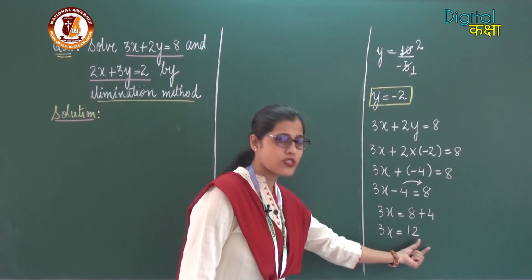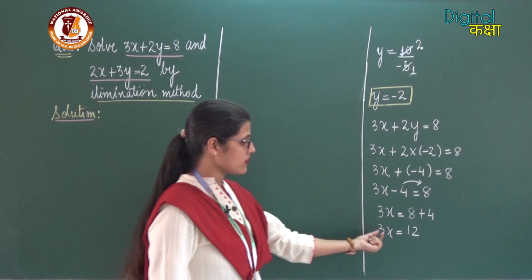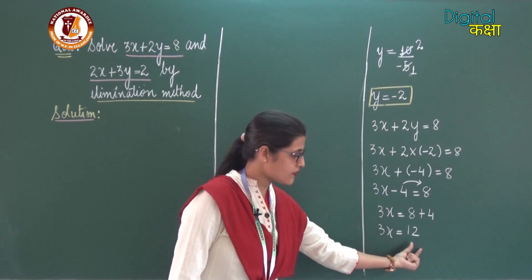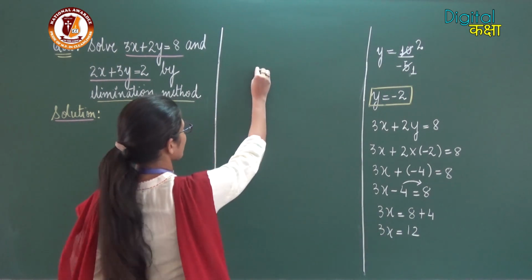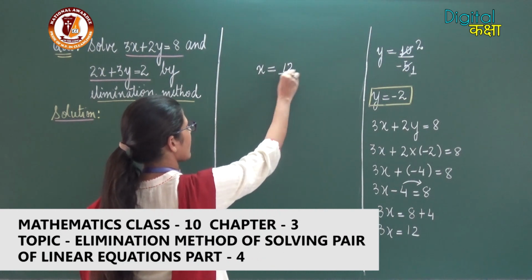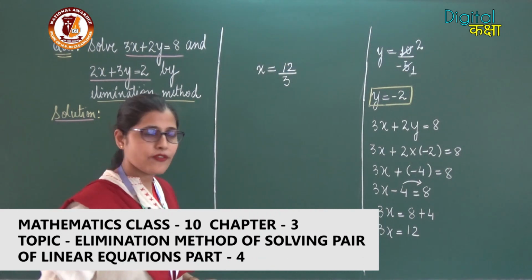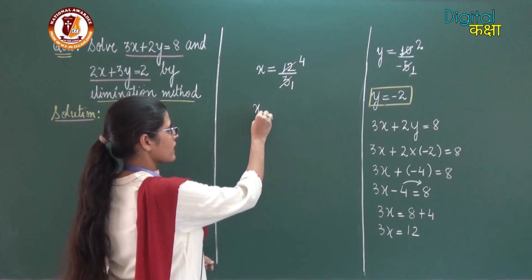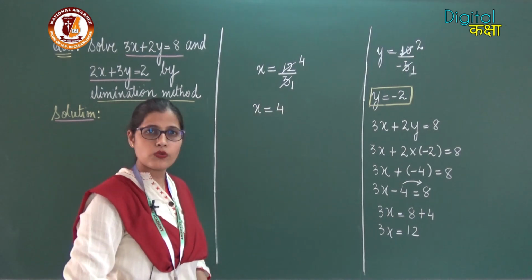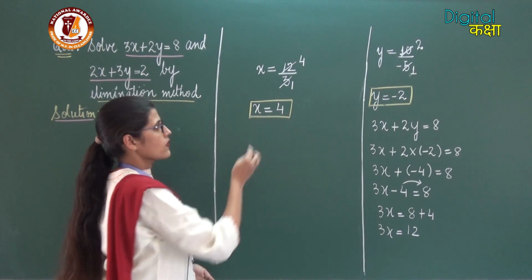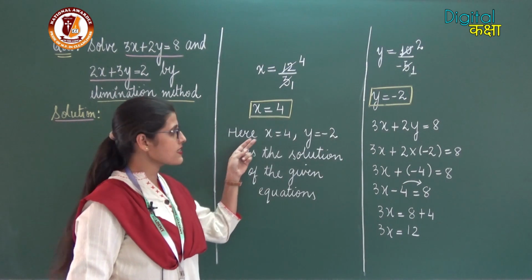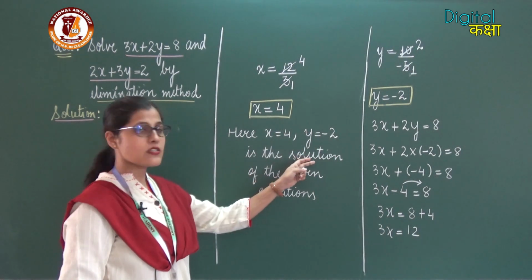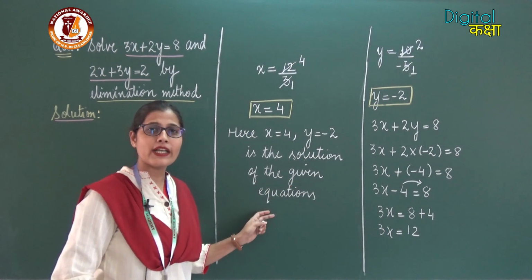Since 3x equals 12, we have to find the value of variable x. So the coefficient 3 will be shifted to the denominator. Therefore, x equals 12 upon 3. Now we will be simplifying it. 3 ones are 3, 3 fours are 12. So the value of variable x will be equals to 4. So here x equals 4 and y equals minus 2 is the solution of the given pair of